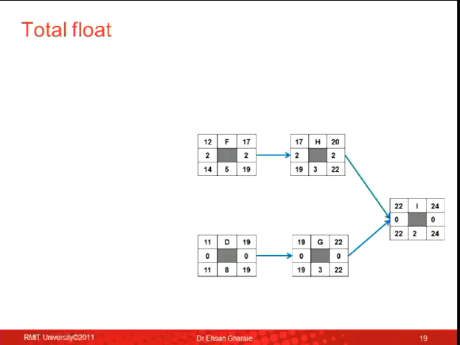Yes? So when the time went over, you'd use the 2 days float, and it would just affect the whole project? Yes. So I know that the maximum float that I have is just 2 days. And you can try it. If instead of 2 days, the activity is delayed for 3 days, so instead of finishing on day 19, it finishes on day 20. Then this would be 20. 20 plus 3 would be 23. Then this would become 23. 23 plus 2 would be 25. The whole project is delayed. So it gives you the maximum flexibility. Question? Yes?